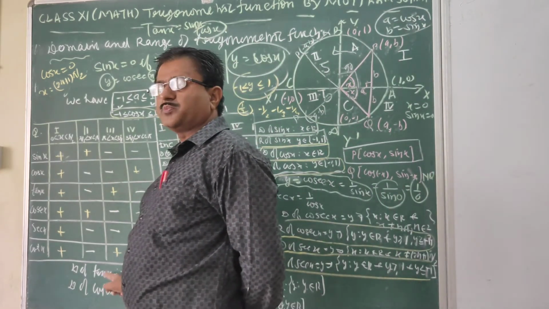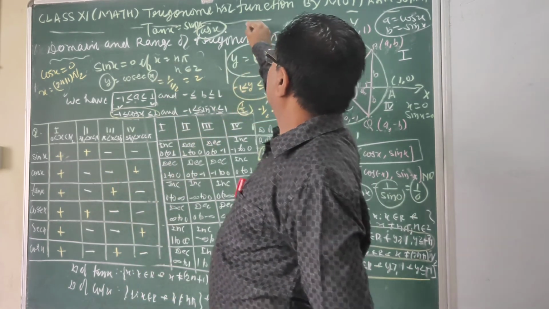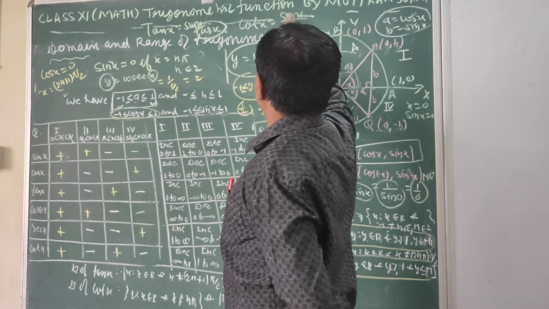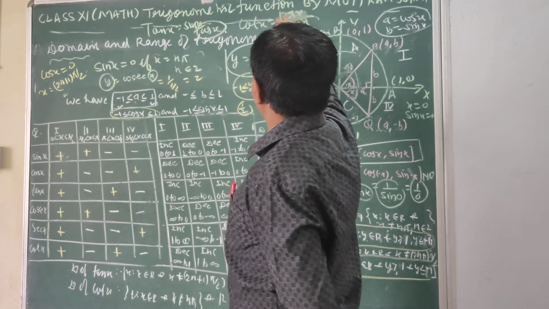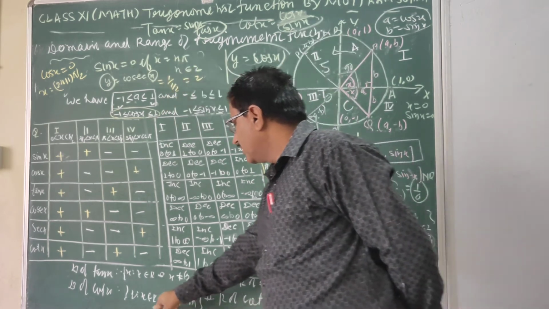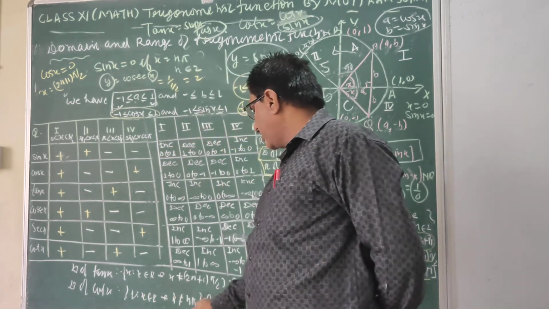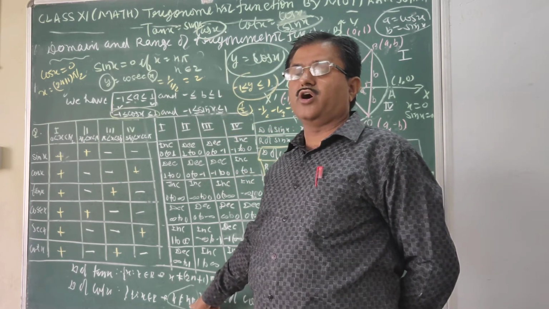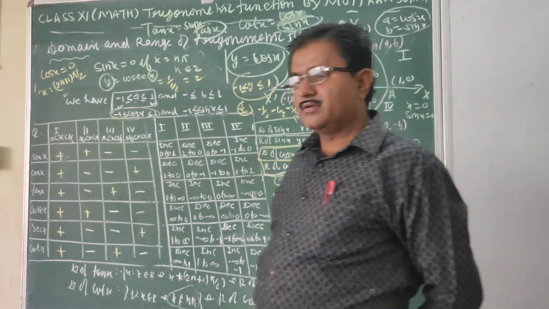Similarly cot x is the reciprocal, with a similar condition, but cot x is cos x upon sin x. So cot x equals cos x upon sin x, and the denominator is 0 when sin x is 0. Sin x is 0 at what angle? n pi. So the domain of cot x is x such that x belongs to all real and x is not equal to n pi. At this the denominator will be 0, which is not defined. So the range of this cot x will be all real.